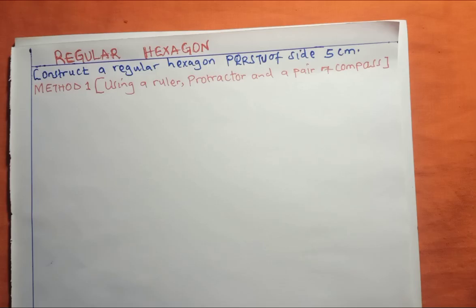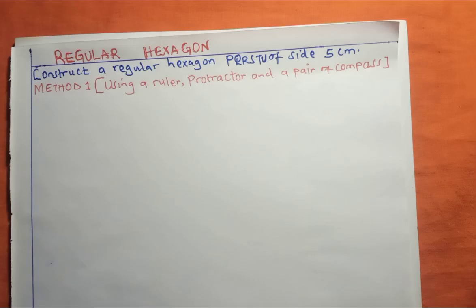I'm going to do something on a regular hexagon. I'm going to demonstrate how you can construct a regular hexagon using two methods. The first method, I'm going to use a ruler, a protractor and a pair of compasses to be able to construct the hexagon. So we have been told to construct a regular hexagon PQRSTU